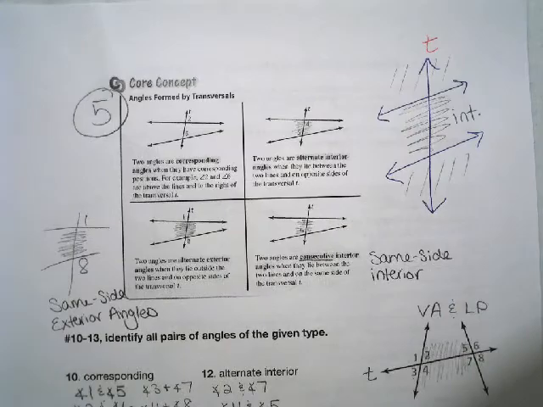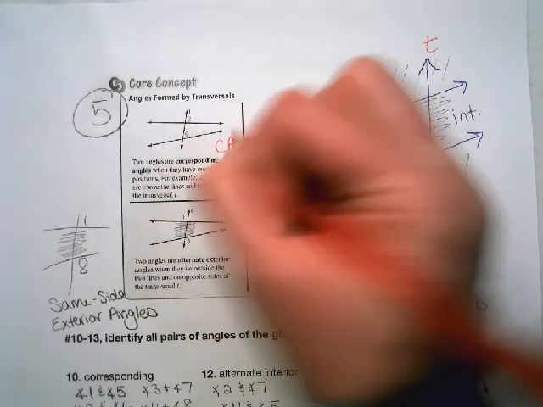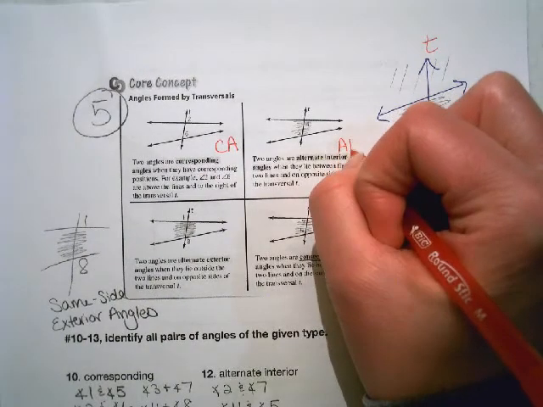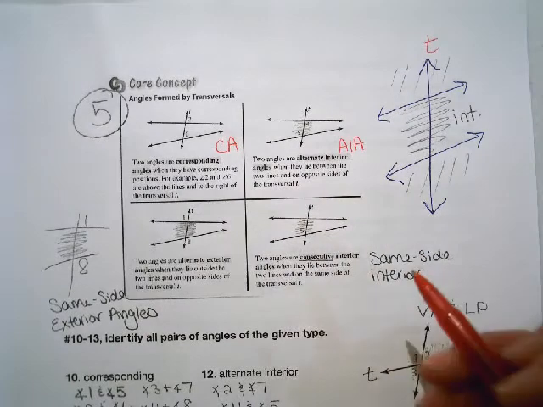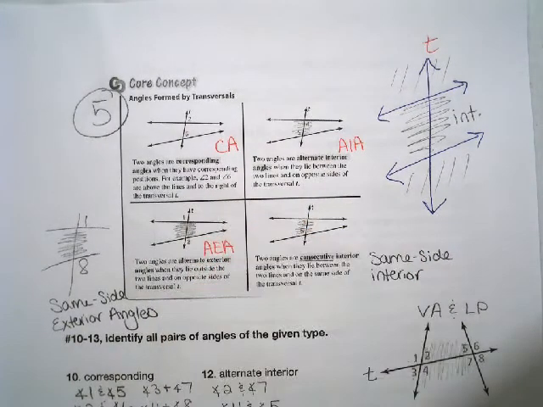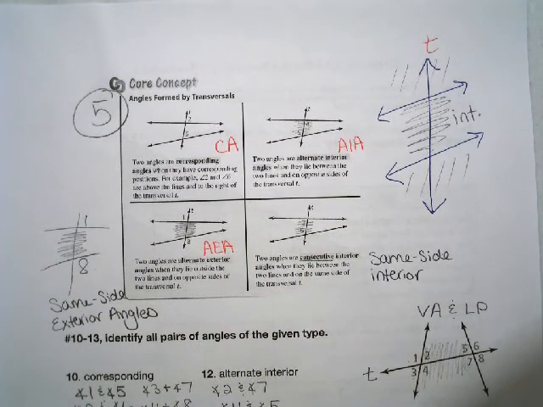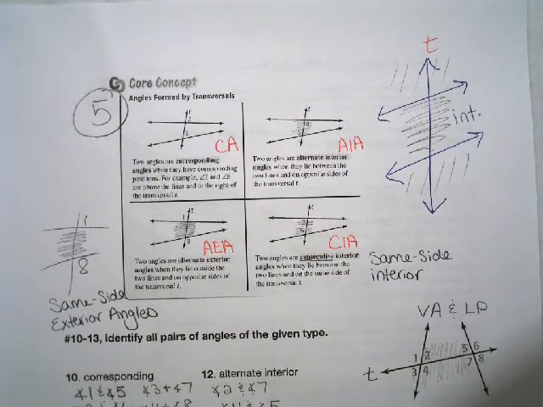All right, now if you look at the bottom, notice they've just given us a little bit larger picture, and they've picked out the angles and they want us to name them. It's very common to use abbreviations for these. So for corresponding, you'll often see me put CA. For alternate interior, you'll often see me write down AIA. For alternate exterior, it's AEA. Now you've got to be careful if you're going to use